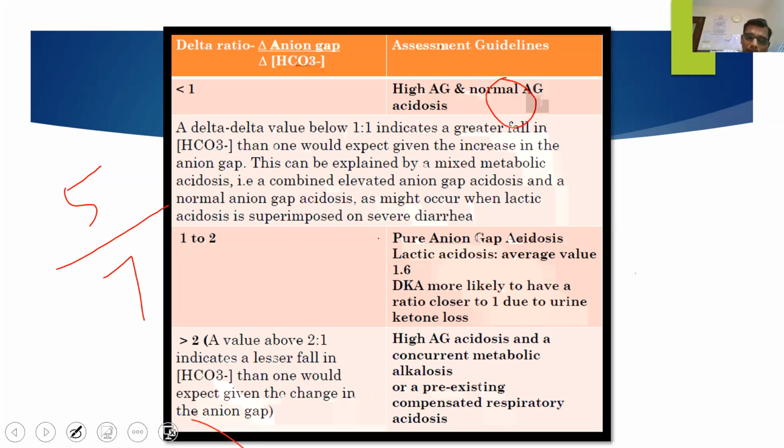So in a pure anion gap, 1.1 to 2 is normal. So 1.6 would be the value you expect in a lactic acidosis. Now, what if the value is more than